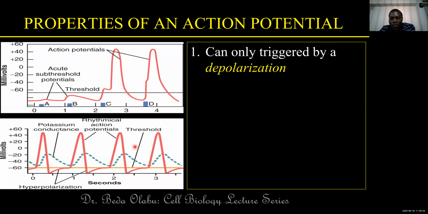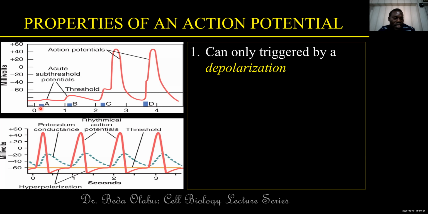If you have a graded potential, we agree that graded potentials can either be a depolarization or a hyperpolarization. Hyperpolarizations cannot generate an action potential because, look at this. If this is the resting state, if you have a graded potential that is causing the membrane potential to go in this direction,